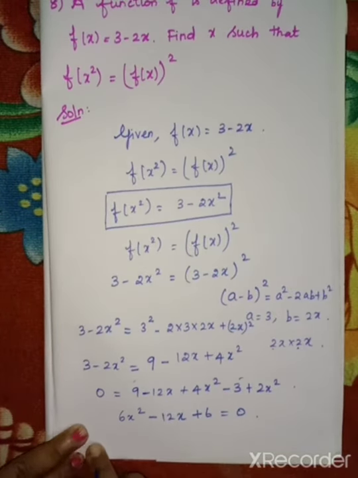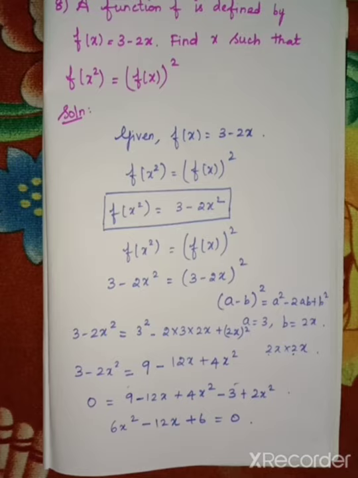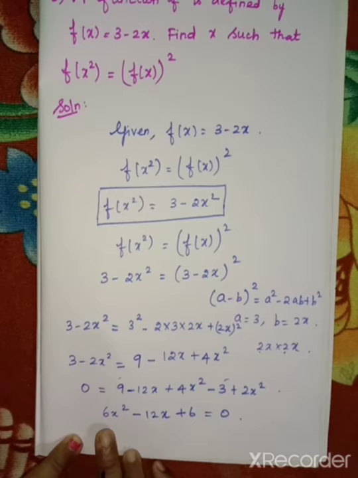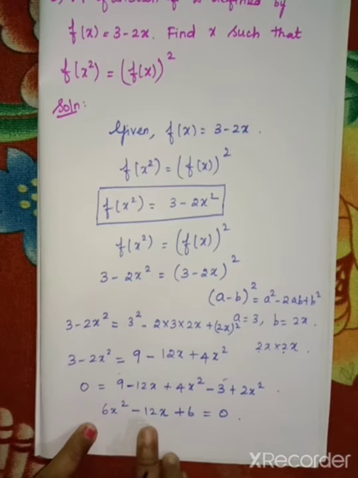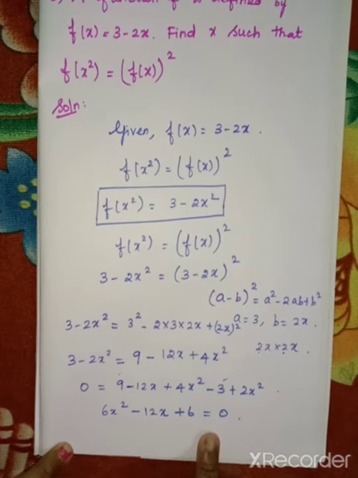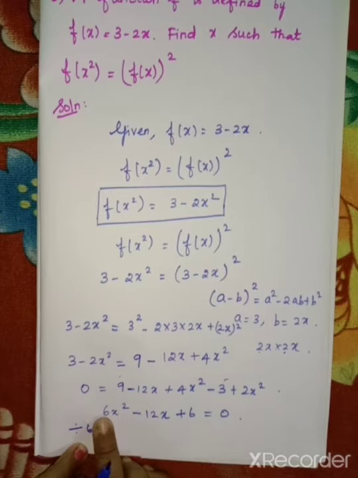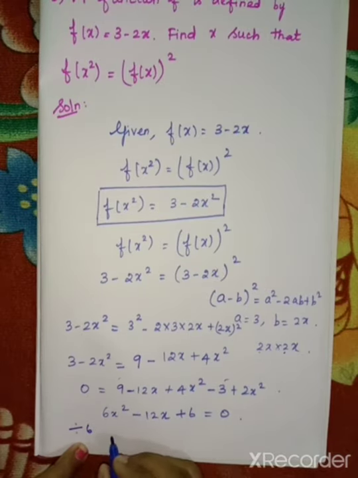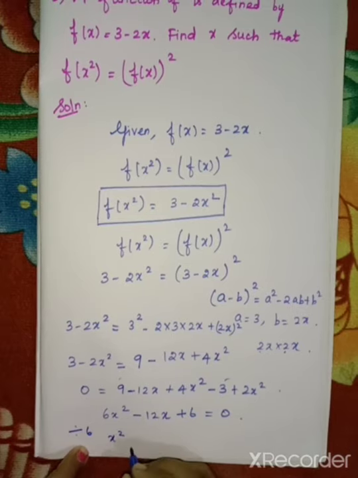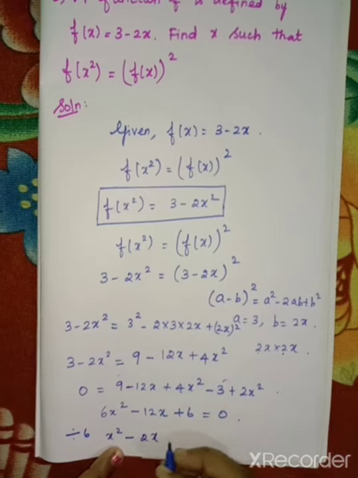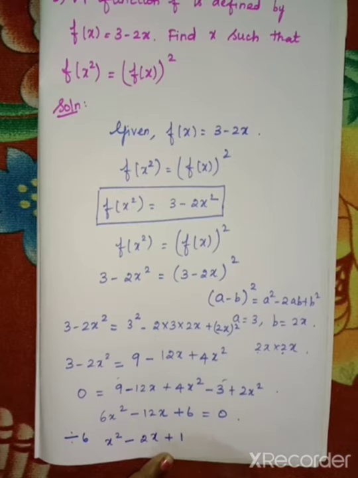So because we want to know the value for x, so throughout you have to divide it by 6, because see the coefficient here 6, 12, 6. All the numbers divisible by 6. So divisible by 6 means 1 6 is 6. So just 1 into x squared we get x squared. Then minus, because plus into minus minus. In 6 table 2 6 are 12. So 2x plus 1 6 is 6, so 1 equal to, if it is divisible by 6 means 0 by 6 we get 0.